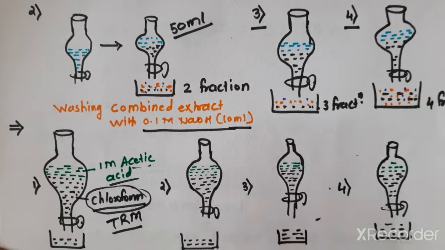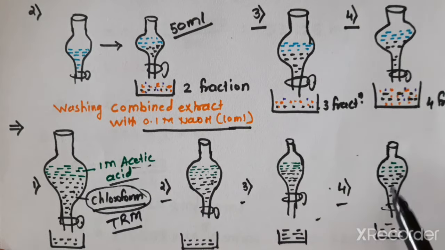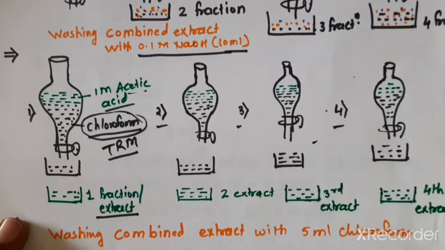So we can take out this chloroform extract, which now becomes the raffinate phase, and then take out this acetic acid layer. The green one is the acetic acid layer. With the same chloroform we can repeat the procedure, second, third and fourth. So 4 batches of extraction can be carried out with the same chloroform as the raffinate phase, using fresh 1 molar acetic acid of 50 ml every time. Now we have 4 extracts of